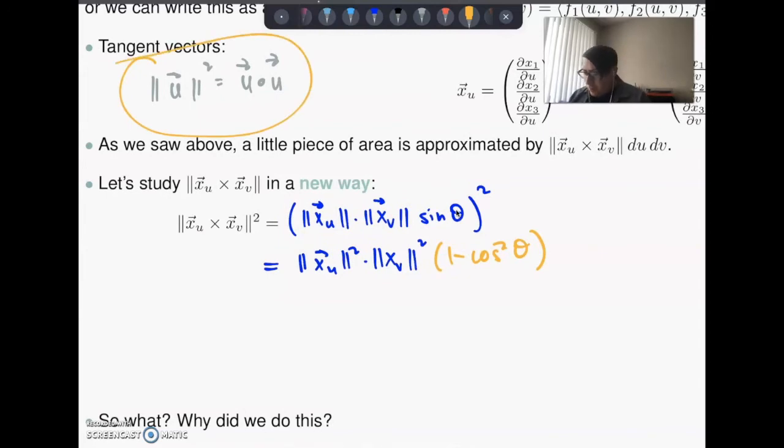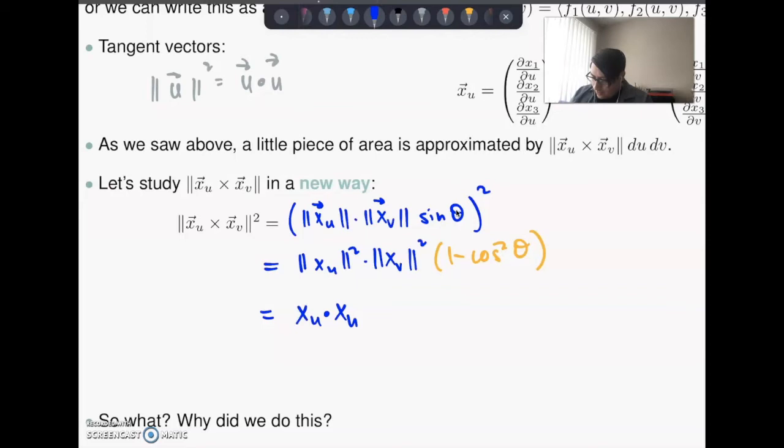If you remember, the dot product of a vector with itself is the length squared of the vector. So I am going to change this piece and make this look like xu dot xu, and I hope you forgive me, I'm not going to write the arrows for a while just to make this a little quicker. All right, so xu dot xu times xv dot xv, so these are dot products in R3, okay, minus,